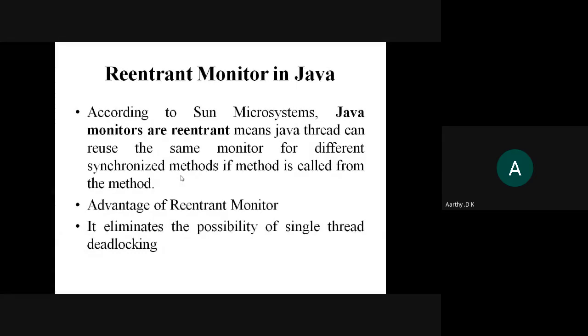So once it acquires the lock for the shared resource, when you have an interrupt or anything like wait or sleep, it will go into the wait state. So it will wait for a particular time. Then what happens? It will again retry to enter into the monitor. Likewise, if I try to access a particular method that belongs to the same monitor, that is, I am only holding the lock, and I'm trying to access something else that is again inside a shared resource. So what happens?